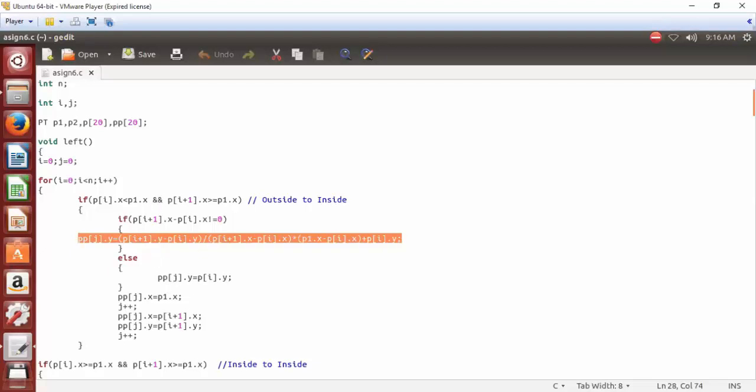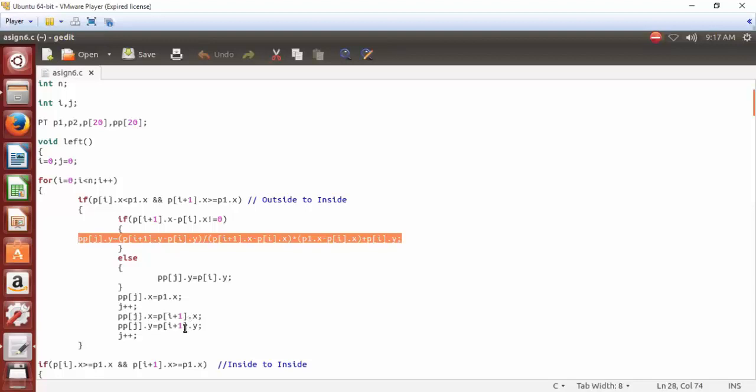Else, if the line is completely straight, the y value is the same. PP is the polygon which we get after clipping. So after clipping, P of I is stored into PP of J. P1 dot x is set to PP of J, J plus plus means the next point, and the next point gets the xy values of P of I plus 1.